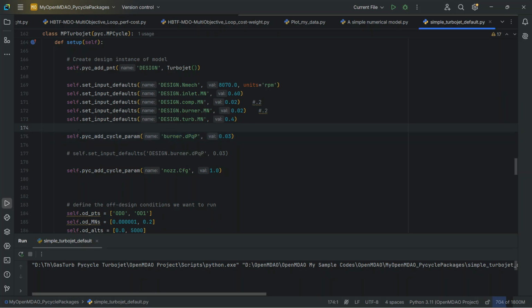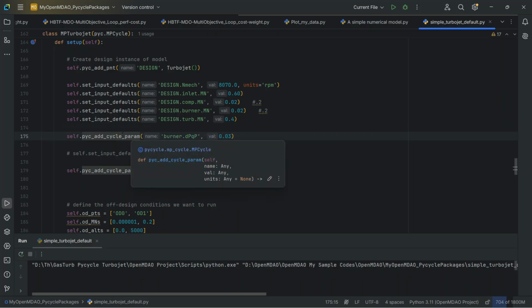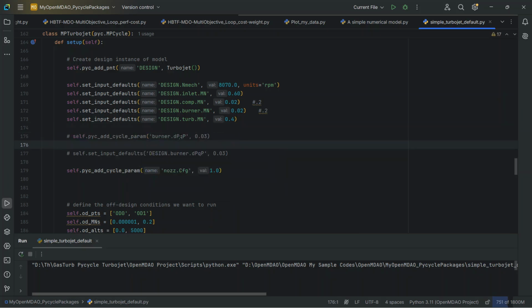Now this is added to the engine as a pyCycle add cycle parameter. This means that you can comment this out and it's going to be fine. No burner dpqp is going to be considered for your engine. As long as you have added it, it's going to automatically consider this. Now, what is this parameter? This is the burner's total pressure loss with respect to its incoming total pressure. So this is exactly the